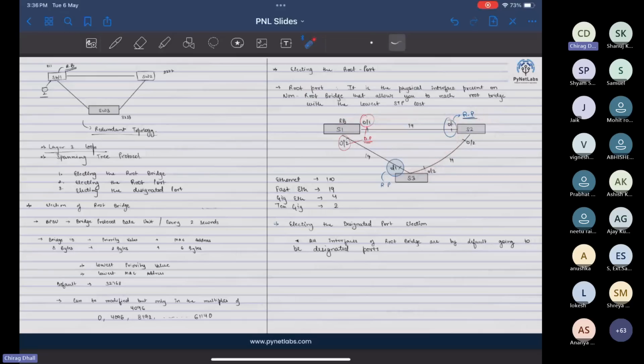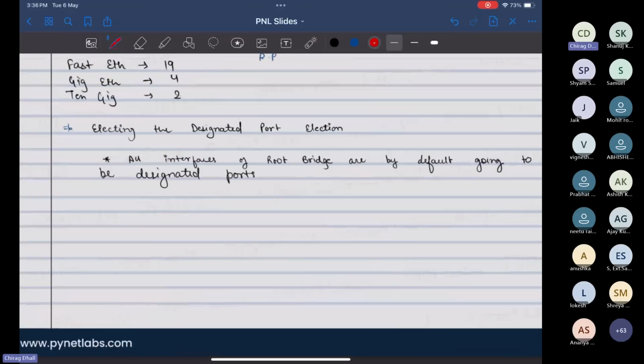So that's a tie, correct? Now, the switch with the lower bridge ID will be used as the tiebreaker. Here I have a tie of cost, right? So the next thing that we look at after cost,